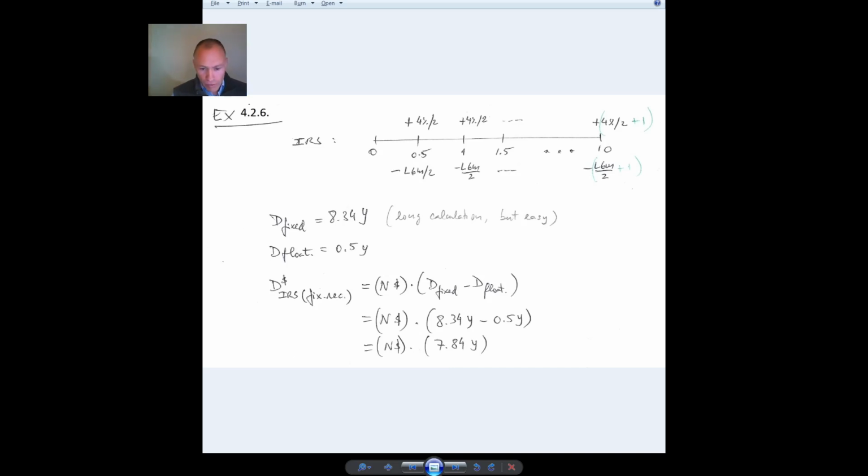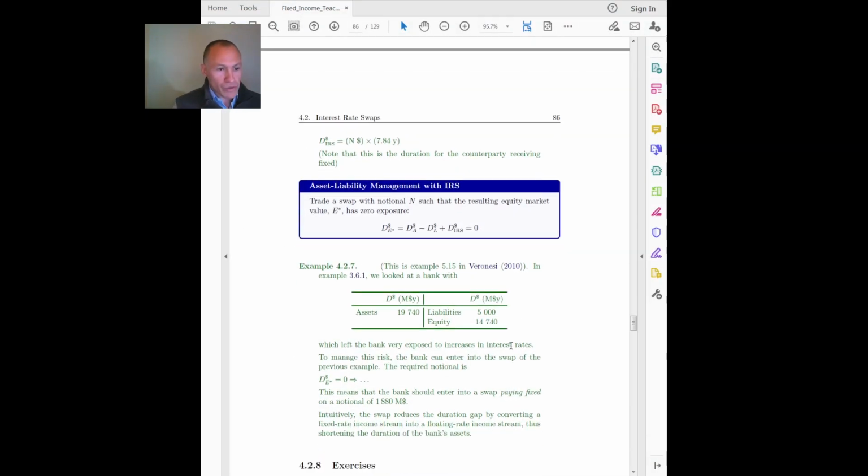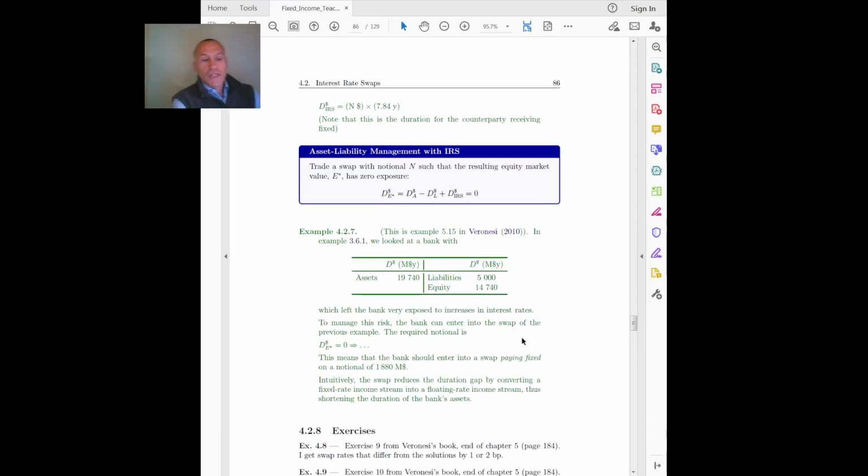Okay, so now let's do asset liability management with this swap. The idea is the following: the bank manager is going to trade a swap to manage the risk that existed in the balance sheet, right? So basically, we are going to